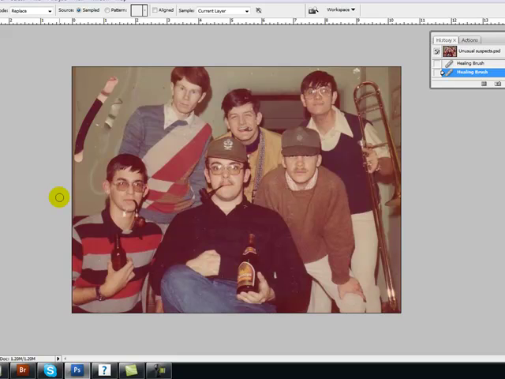So that's the power of using the healing brush tool in Adobe Photoshop. This is an excellent tool. There's a lot that you can do with it, and it really helps you to take patterns from one thing and put them on another thing in order to make them blend. For example,